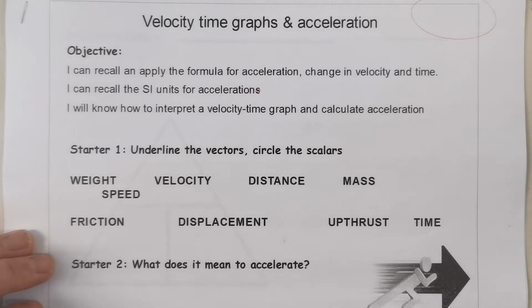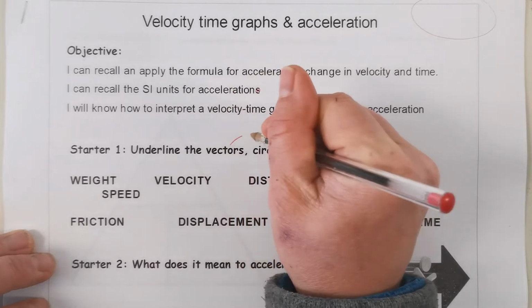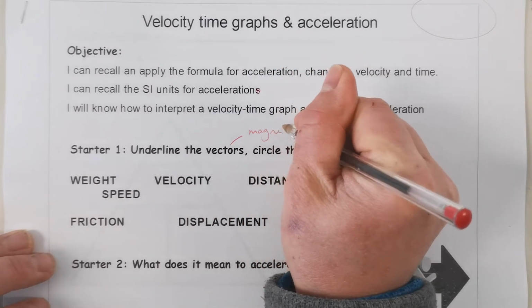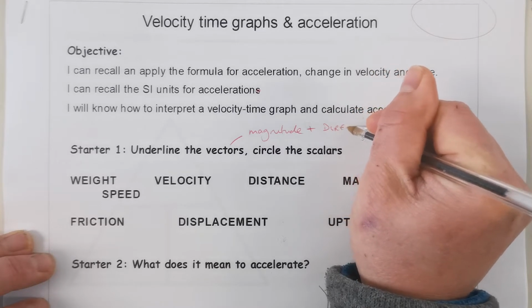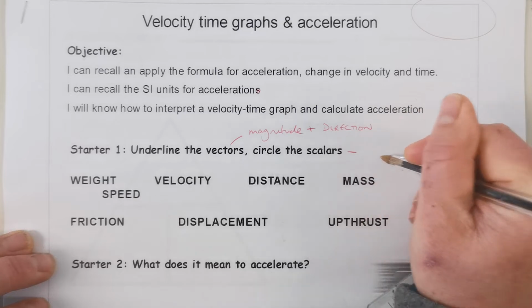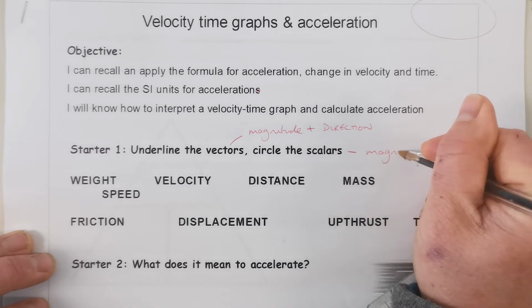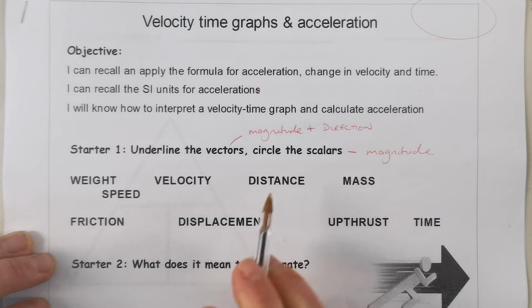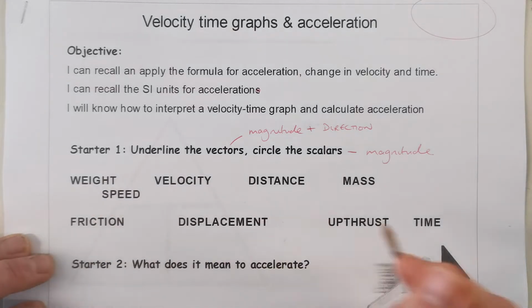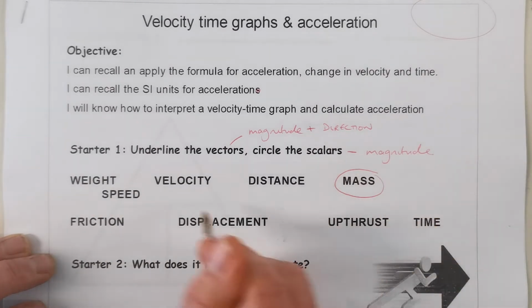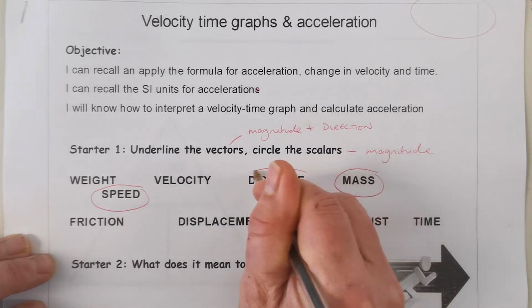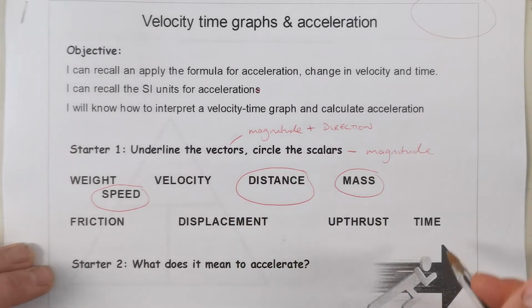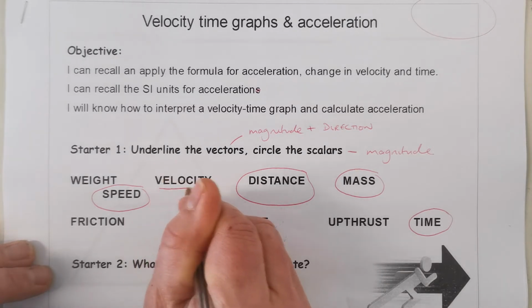Okay, so, well, you should remember that vectors have a magnitude and a direction. Scalars just have magnitude, they just have a size. So, circle the scalars. Well, the scalars, you should have remembered, mass. Well, the first one we introduced was speed, distance, and time. I also told you was a scalar,